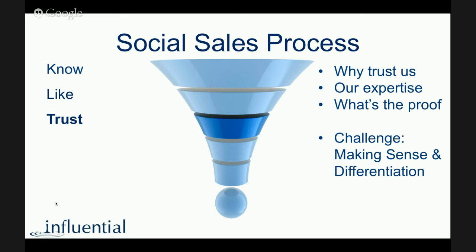So the world has changed, and younger generations probably won't hold the book thing quite as strongly, but it's still very strong. And the challenge at this point is making sense of what's going on and differentiating ourselves from the competition, because as people get more serious about buying, they start saying, oh yeah, I see you're a bit like these other companies, maybe I should buy from one of them instead. And you want to be demonstrating why your product or service or approach to business is better or so different that there really isn't any competition. And that's a big part of what we cover in this process too.